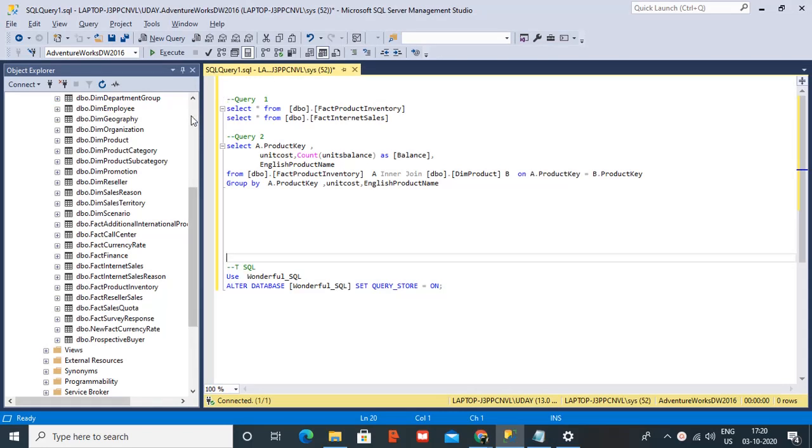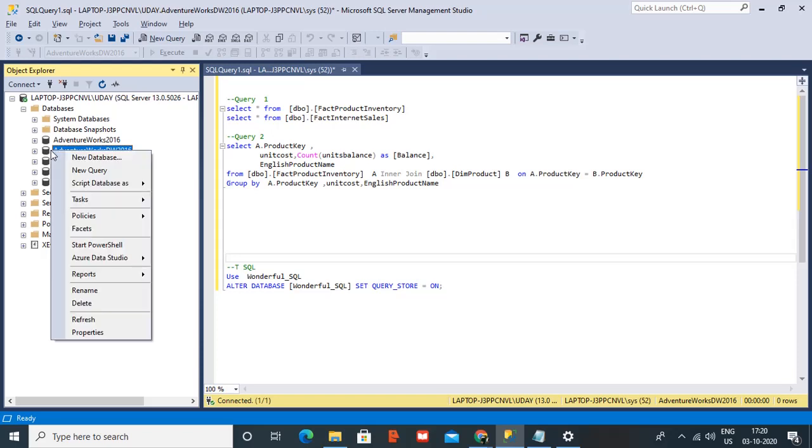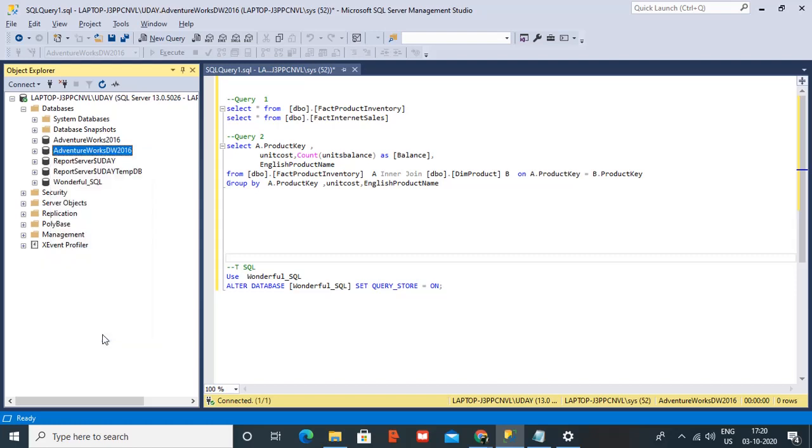So firstly we will see how to enable the query store option, which is by default disabled. Let's enable it for AdventureWorks Data Warehouse 2016. Just right click on it, go to properties.